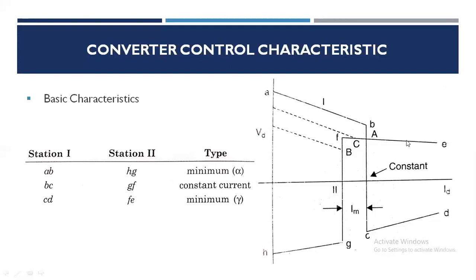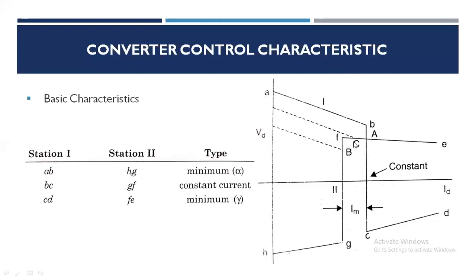There can be 3 modes of operation of the link for the same direction of power flow, depending on the ceiling voltage of the rectifier, which determines the point of intersection of the two characteristics. These are constant current at rectifier and constant extinction angle at inverter, which shows at operating point A, the normal mode of operation.